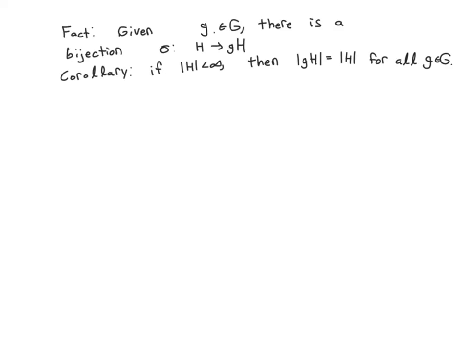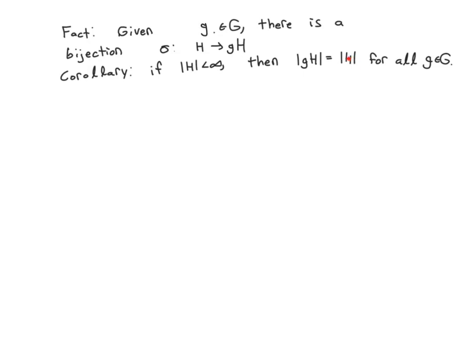Alright, so here's a fact. Given a subgroup H and given an element G, there is a bijection between the subgroup H and the coset. In other words, given two parallel lines, there is some sort of bijection between the two lines, so to speak. A nice corollary of this is that if your group H is finite, then the number of elements in H is equal to the number of elements in the coset,